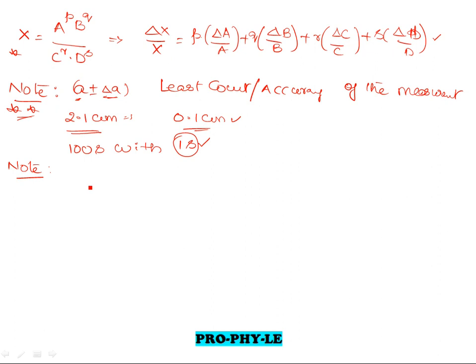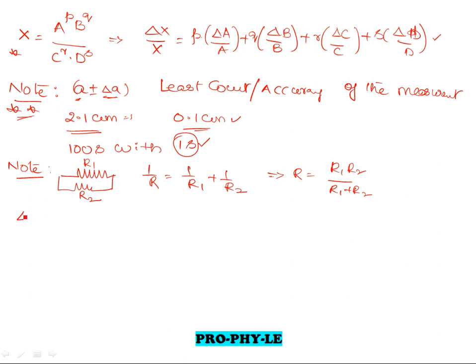There are some situations where you can come across a combination of errors in reciprocals. Suppose you are given two resistors R1 and R2 connected in parallel, then their equivalent will be 1 by R equal to 1 by R1 plus 1 by R2. The reciprocal of R1 plus the reciprocal of R2 gives the reciprocal of their equivalent resistance. That will be R equal to R1 R2 by R1 plus R2.